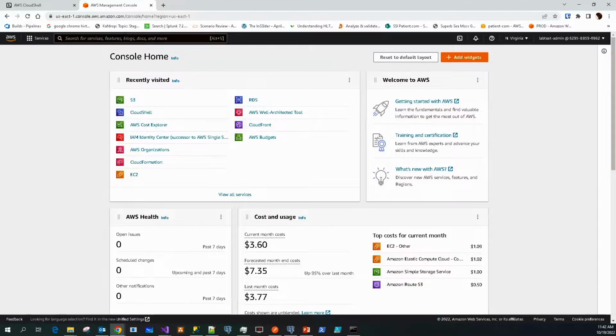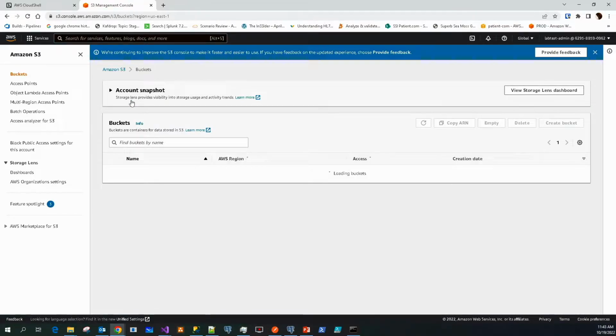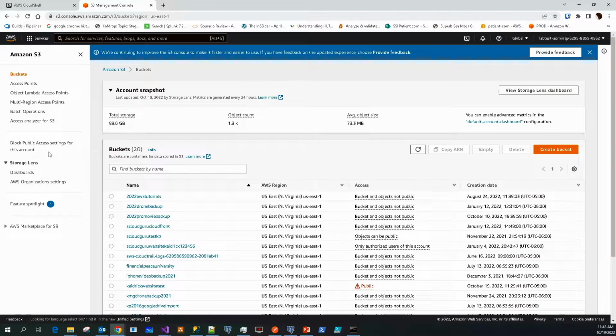Today we are going to be discussing how to deny or block public access to your S3 buckets. There's basically two ways to achieve this. The first way, or first level, is at the account level. So if we go into our S3, we're in S3, and then if we go right here, Block public access settings for this account,